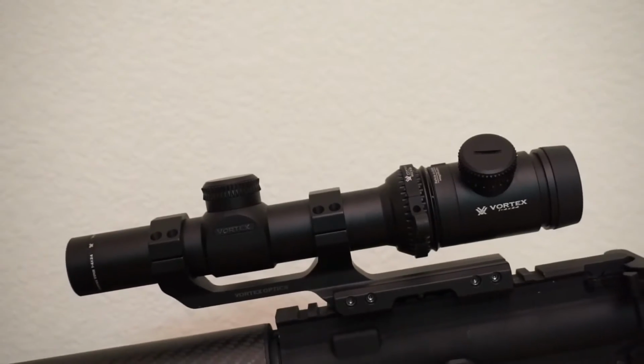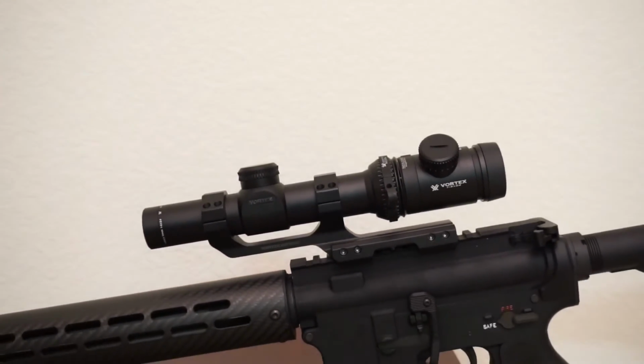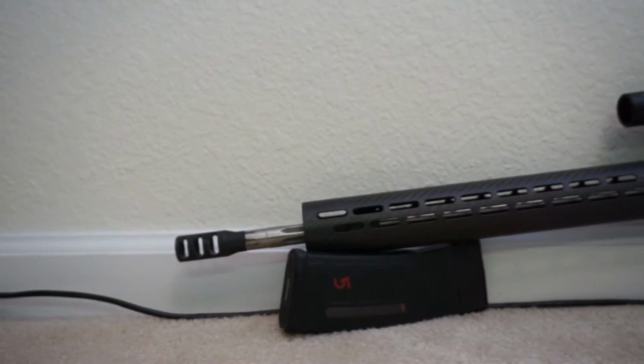It's one of the mid-range, low magnification scopes, whether you want it just for 3-gun or for some reason you don't want a fixed 4 and you don't want to go all the way out to 9, it can be good for that as well. The cheaper ones are usually about $200 and the more expensive ones are over $1,000. Fun fact, the Vortex Viper PST line is more than just low magnification scopes. In fact, I think this is the only low magnification one. Just glancing at their product pages, there's a lot of 4 to 16s, 2.5 to 10s, 6 to 24s, but